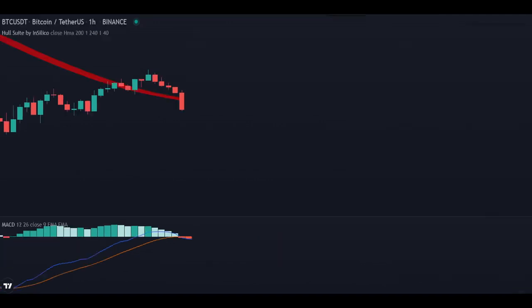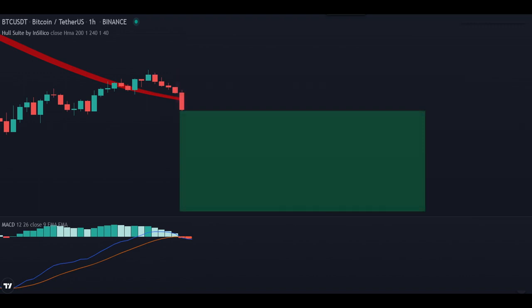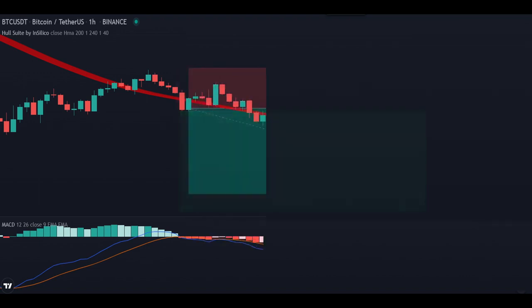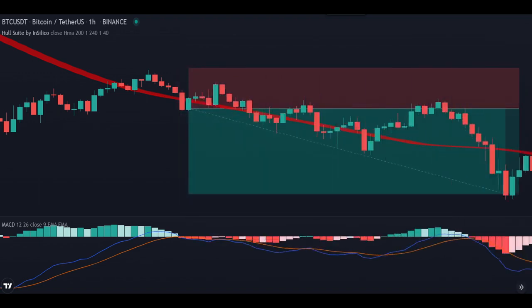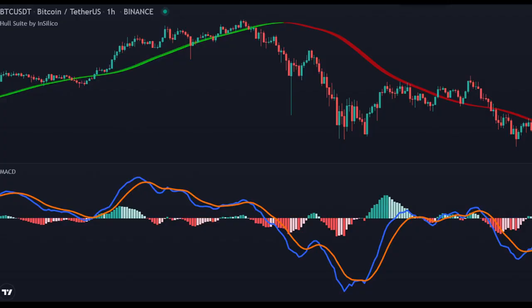We have our second short entry here. You can see clearly the MACD cross below happened here, and the color of Whole Sweet line is red. It's our time to enter a short trade again. Set your stop loss above the pullback and take profit 2 or 3 times below the stop loss. Let's find out the results. Amazing, this trade is a winner. We just found a strategy that has high profitability, both in